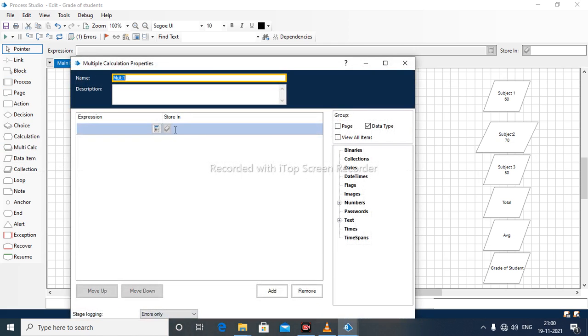Okay. So here what we want to calculate is the total and average.